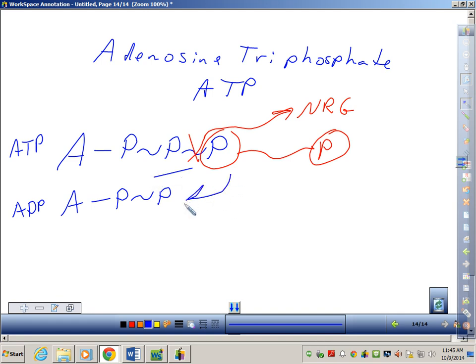And I can go back and forth between these two. So I eat my food. I break it down with oxygen. Anytime you bring something together with oxygen, it's like a fire, right? Breathe out, CO2, right? Combustion, fire. That's essentially what's going on inside of you. We'll talk more about that when we talk about respiration, and that's chapter 9.